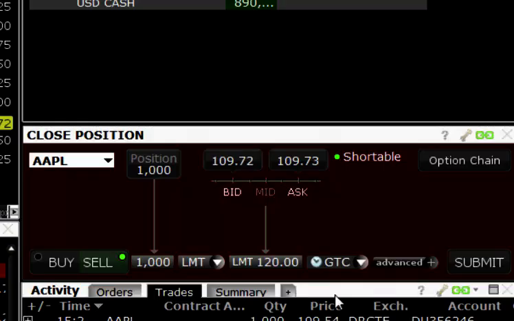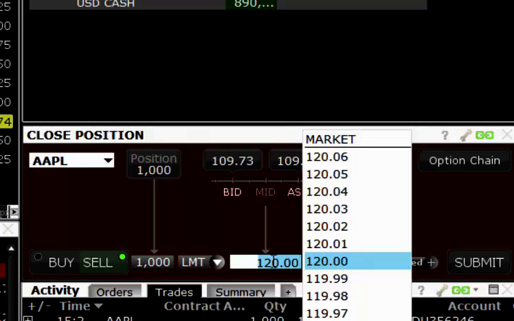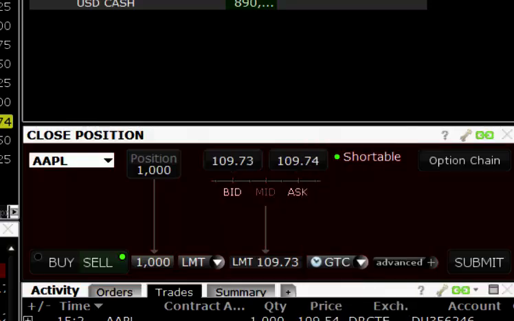So because we're just trying to show you today how to actually close the position out, we're going to take the next available price, which is 109.73, just to show you how to close the position down. So we'll change our limit order to 109.73. We could also use market order, but we don't want you getting into those bad habits. We click on submit,